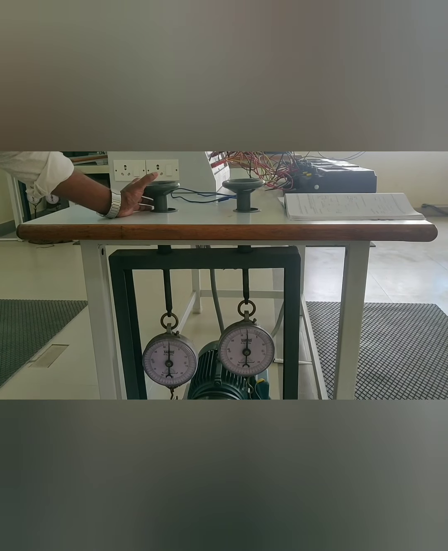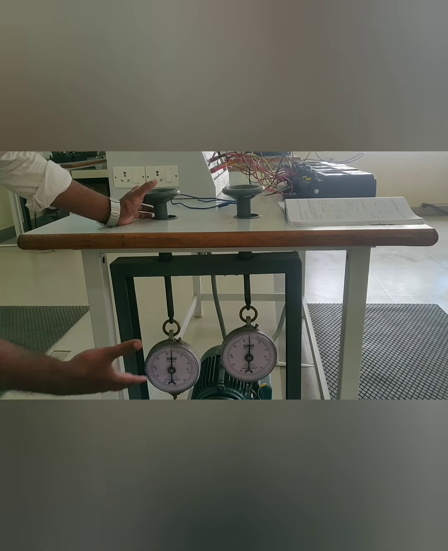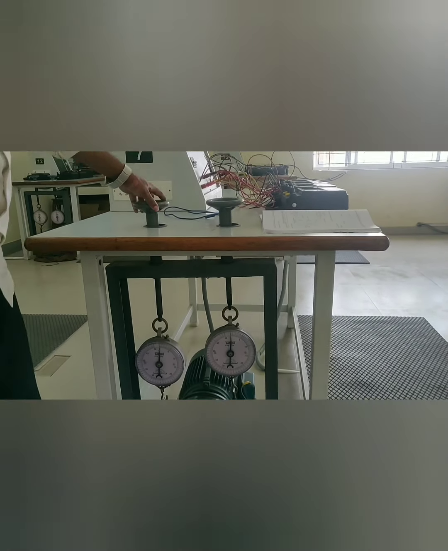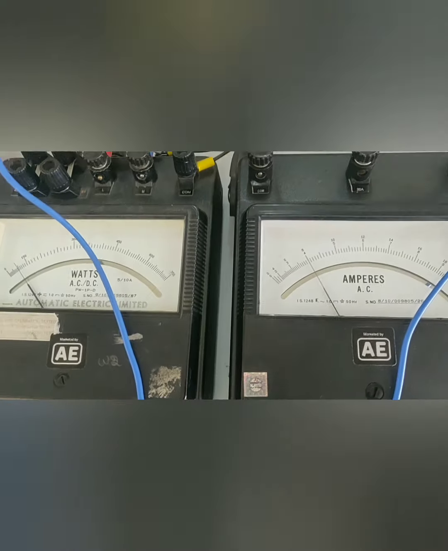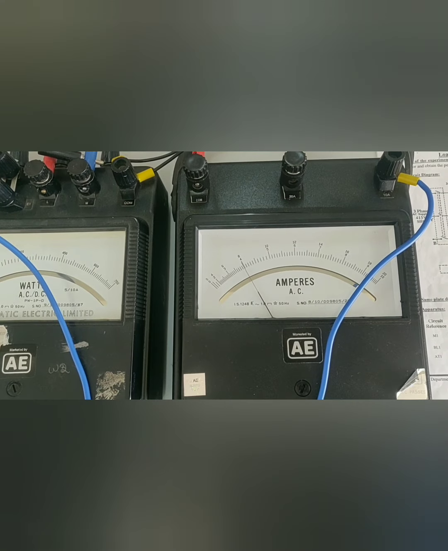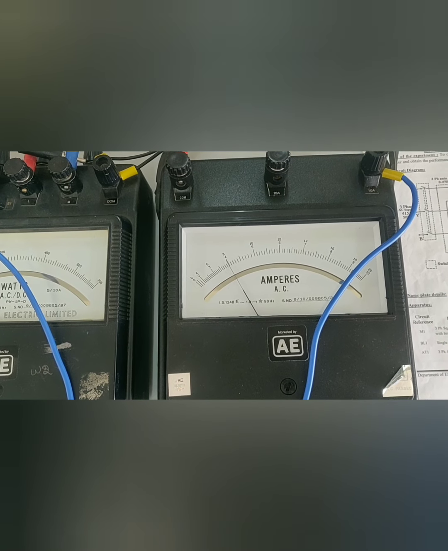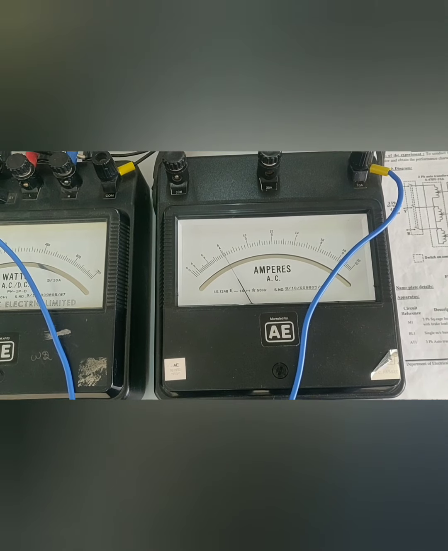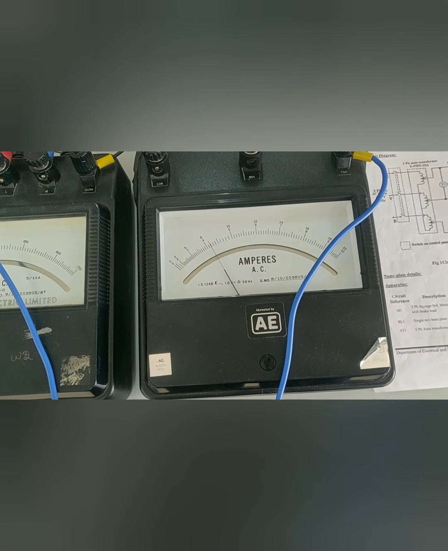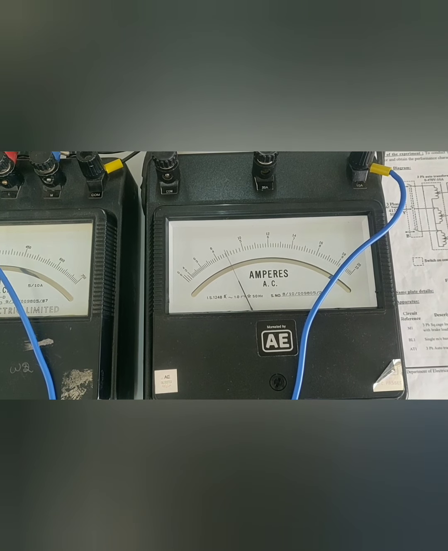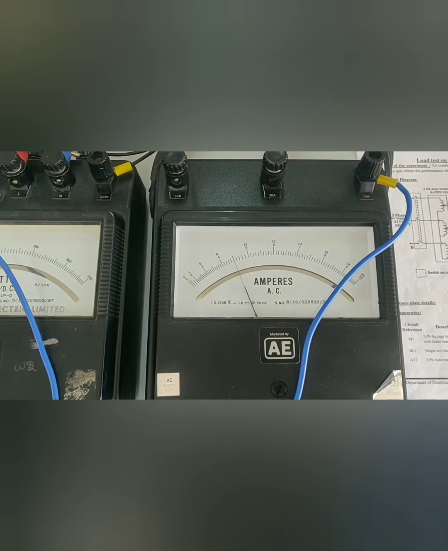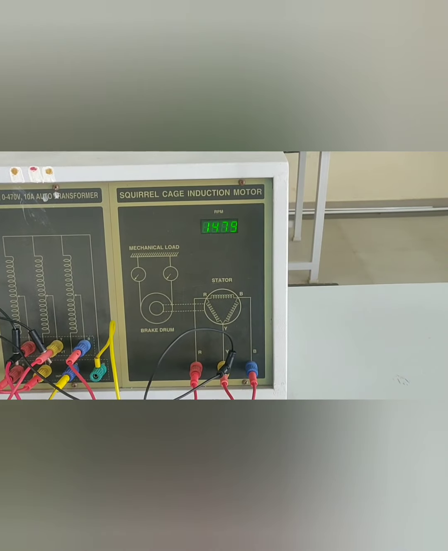Now the current is around 4 amps, the no load current. Let us apply load up to 5 amperes and then we can take the first sample of reading. So you have to vary the load until you get 5 amps in the ammeter. As load increases, you can observe the ammeter deflects. Now it is around 4.5. We shall set the initial reading for 4.5 only. This is the first reading to be taken. This is the first load. And then we can move on.